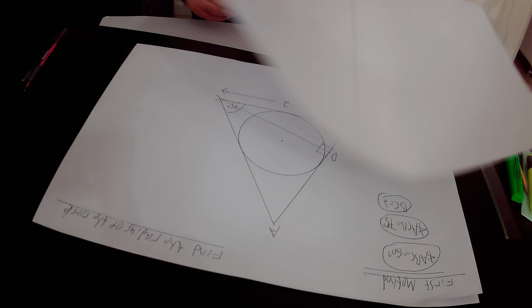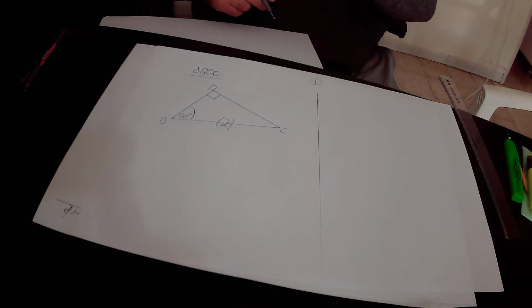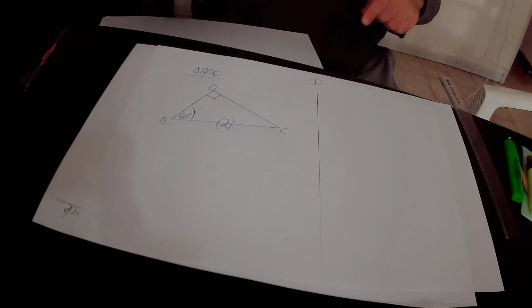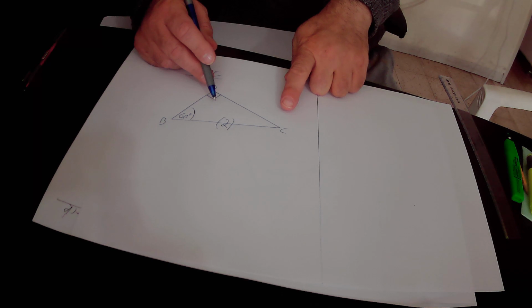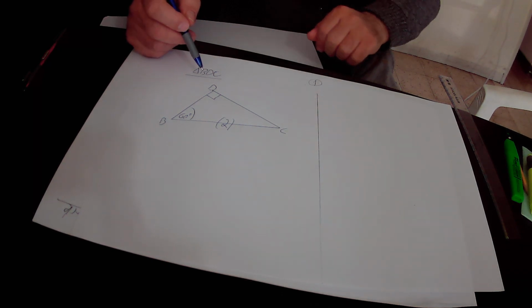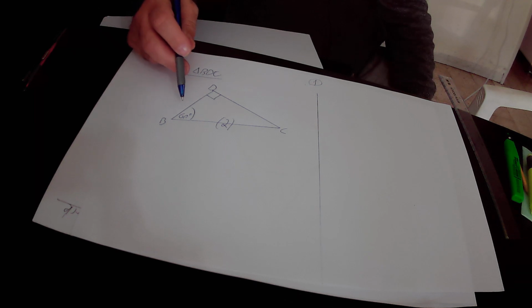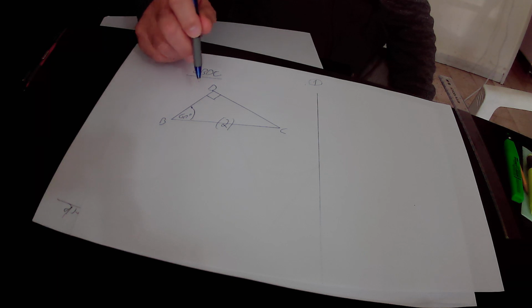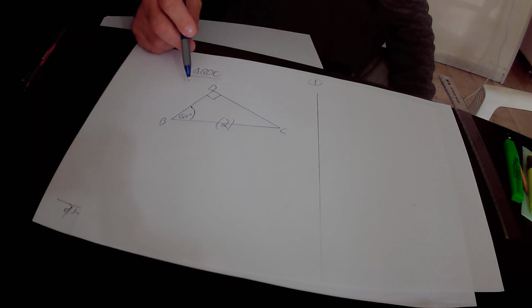So actually, this is the right triangle BDC that I copied from the original drawing. Side BC equals 2 units in its length according to what is given. And angle DBC equals 60 degrees. So in this right triangle DBC,